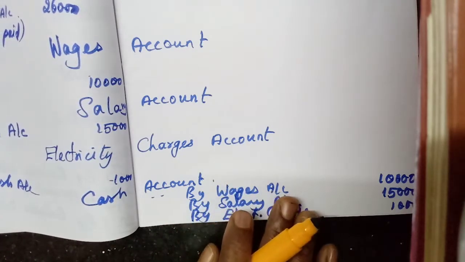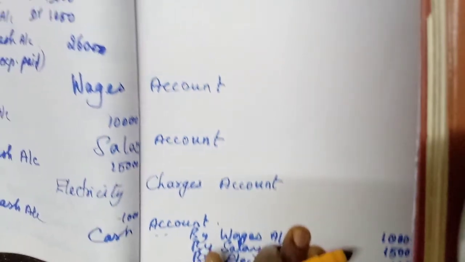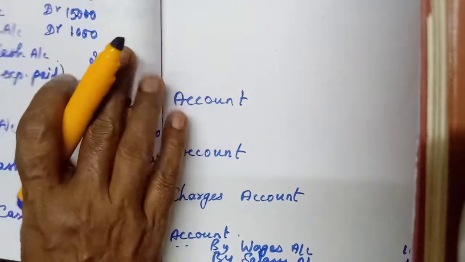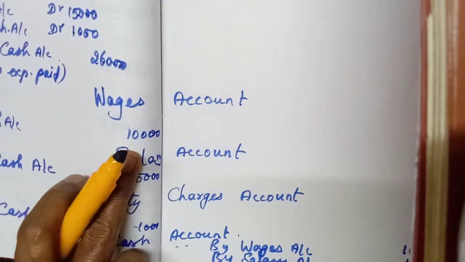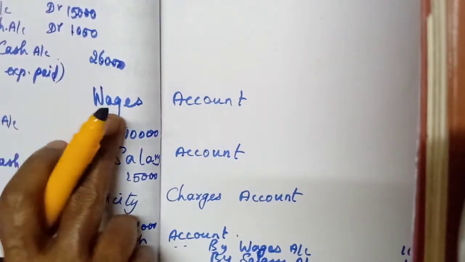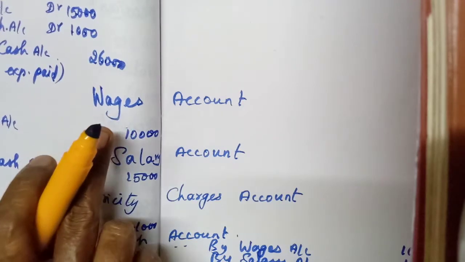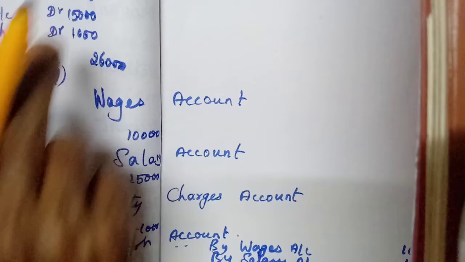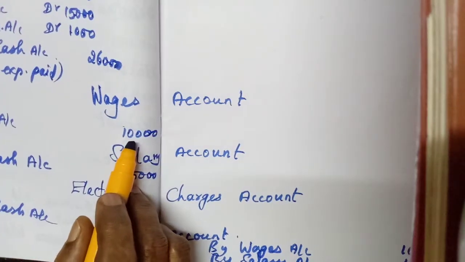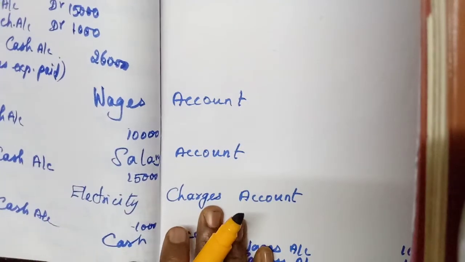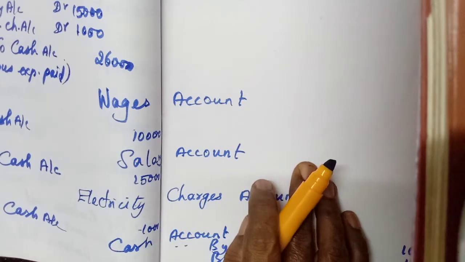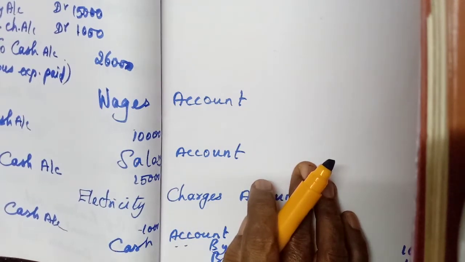If it is a compound journal entry, you should know, you should not think that here we are writing cash, so straight to cash account 26,000, that amount we have to write. No, we are preparing the ledger account for wages. So wages how much? Sorry, wages 10,000. That amount alone we have to write here. Okay students, hope you might have understood this posting of a compound journal entry.